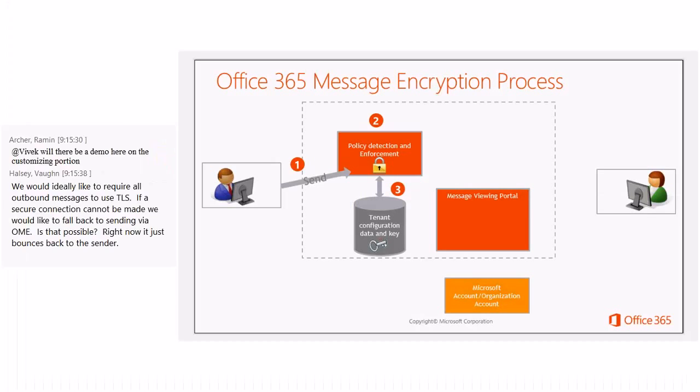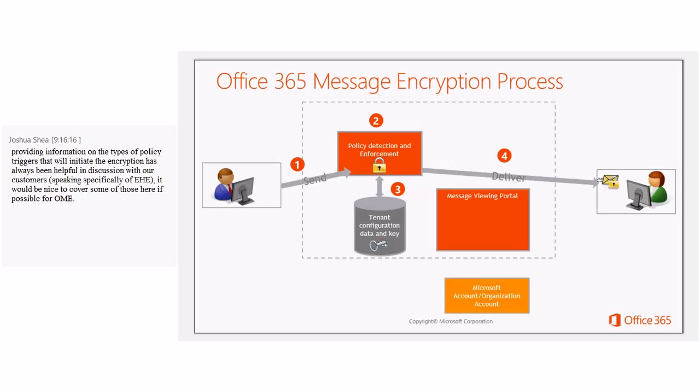Okay. So that message is then delivered to the recipient, and the initial message is going to be more of a notification that kind of explains to the recipient that they have received an encrypted mail message, and then it gives them specific instructions on how to view the encrypted message. Typically what it'll tell them to do is to save, open the attachment,